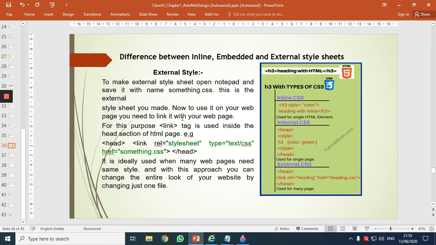And when we want to work with external style sheets, we will have two notepads. One will have pure CSS and the second will be the HTML file. Okay. I've also listed the differences using a small image, right?